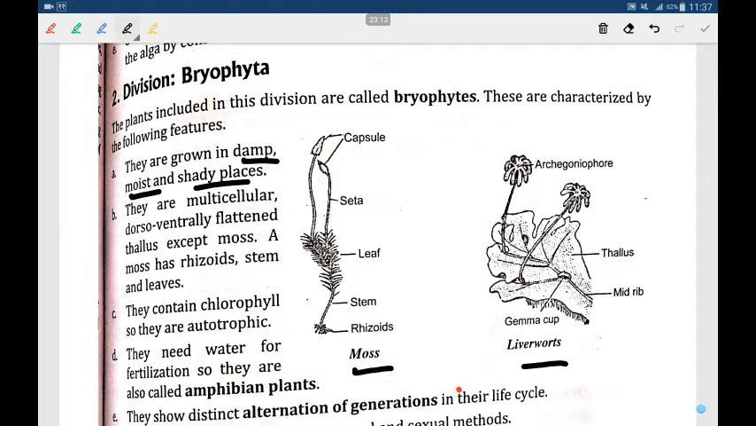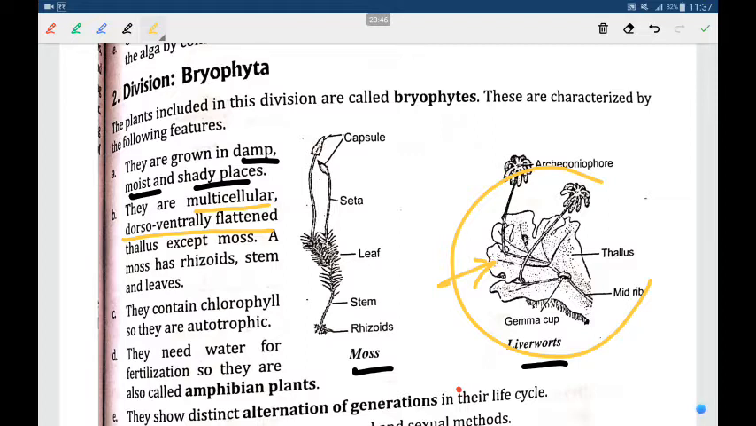Where there is more water and less sunlight, in those places they go. Second point, their body contains many cells. Dorso-ventrally flattened means their body contains a leaf-like structure, but that is not a leaf. Look here in liverworts, dorso-ventrally flattened,